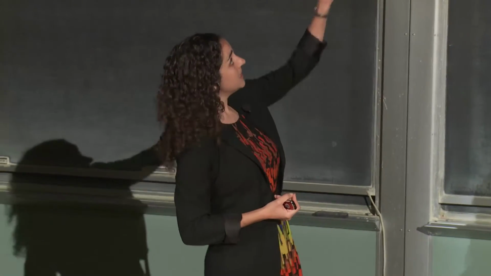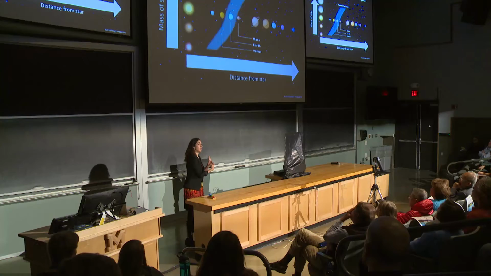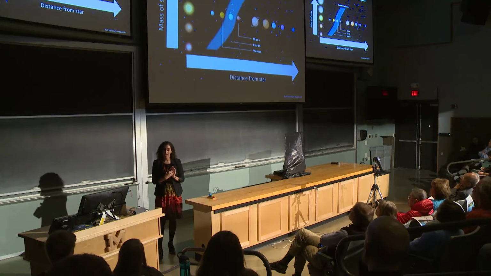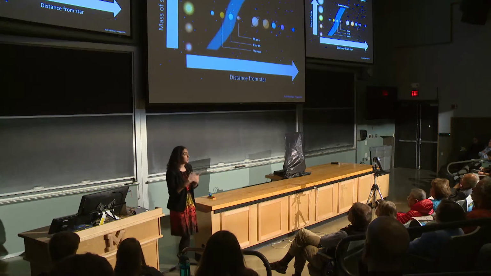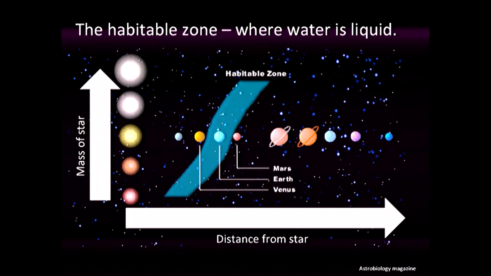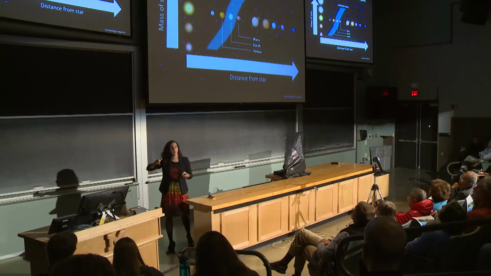More familiar to me, though, is the idea that how close or far you are from your star is going to affect how warm or cold your planet is, modulo some other effects like greenhouse gases that will help trap heat onto a planet. But what this plot shows is stars here on the y-axis, so lower mass stars, which are a little bit less bright and less warm towards the bottom, and bigger, brighter, warmer stars towards the top. And then the distance of the planet from the star here on the x-axis, so planets that are very close to the star are going to be close to the left edge of this plot and further away, with this blue stripe through the middle showing the region of temperatures where water will be liquid,